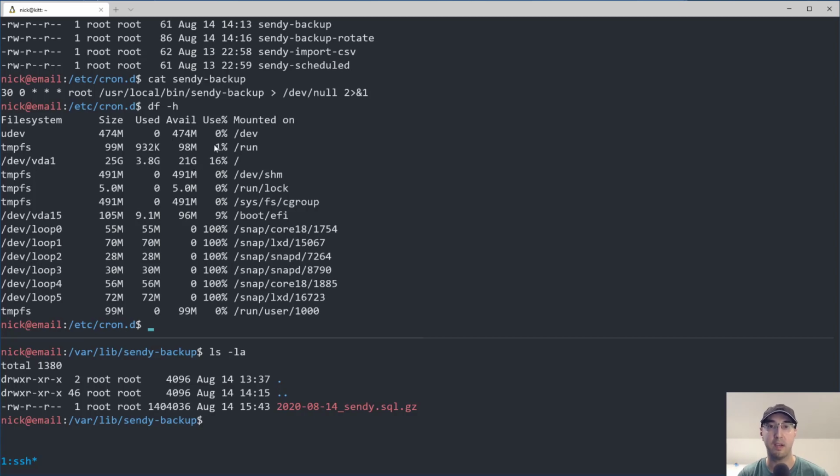And these database backups are quite small, right? This is only 1.4 megs when it's gzipped. And I can store hundreds of these and it wouldn't really matter. But still, I don't want to have to worry about disk space in the middle of the night. So I set up this one script here, which is the Sendy backup rotate, which really honestly isn't even